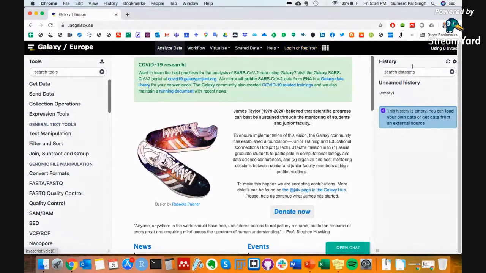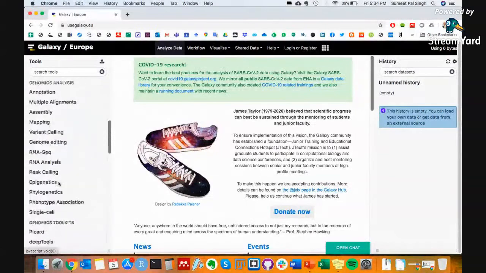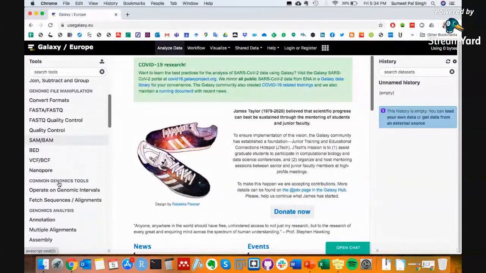If not, technically, you can also use it without registering, but then I think you cannot remember your history and all the steps that you did. So I would suggest to register. Yeah. So if you have registered, then you will see that on the left hand side here are the tools